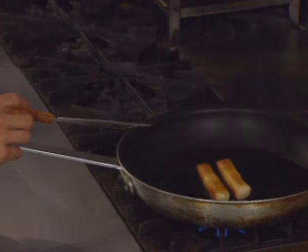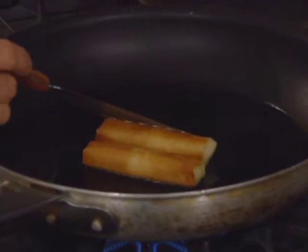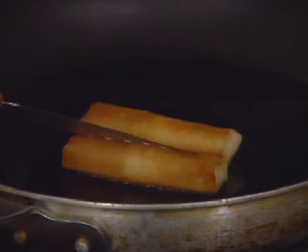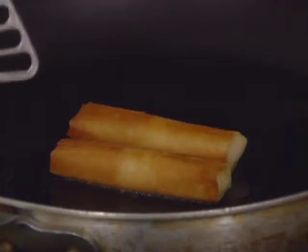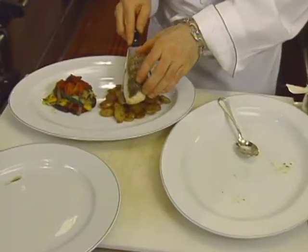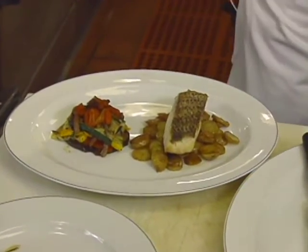The appetizer is made at the Ritz-Carlton, Naples, in Florida. Marc Guizol, chef at the dining room, does crab spring rolls. Note that he pan-fries rather than deep-fries the rolls. Then Kerry Simon at Prime in Las Vegas Bellagio Hotel presents roasted wild striped bass served with fingerling potatoes and